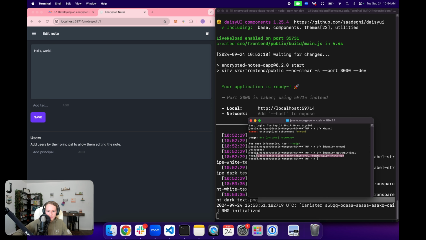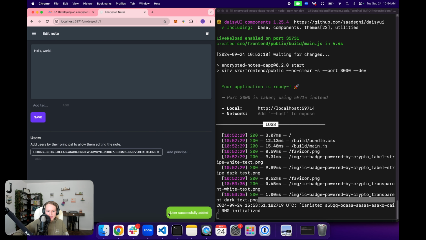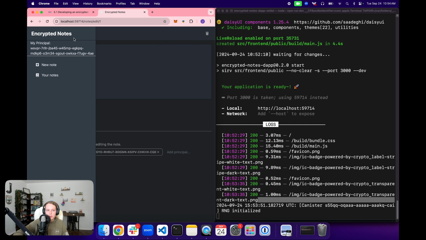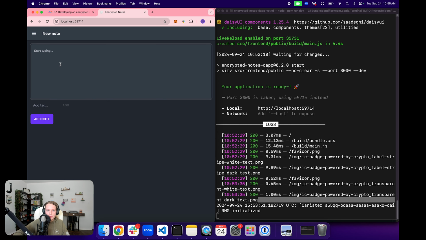Here's my principal for this dev journey, and we can add this. And now we can see user added successfully. So now if I were to log in with that principal to this application, I would be able to edit the note. And we can go back to new notes, and we can say I love ICP,